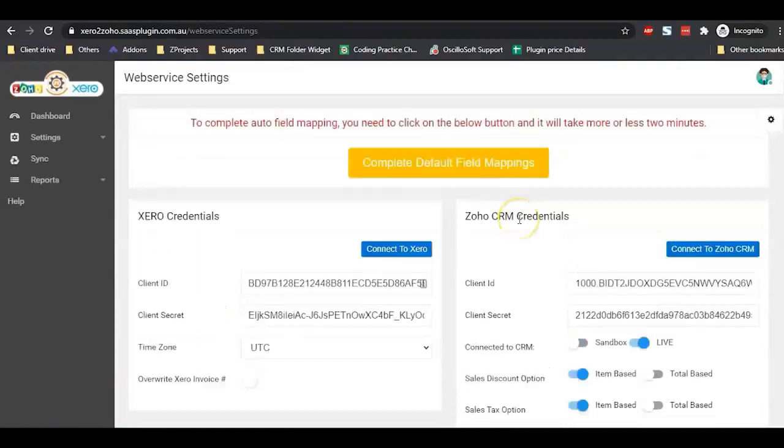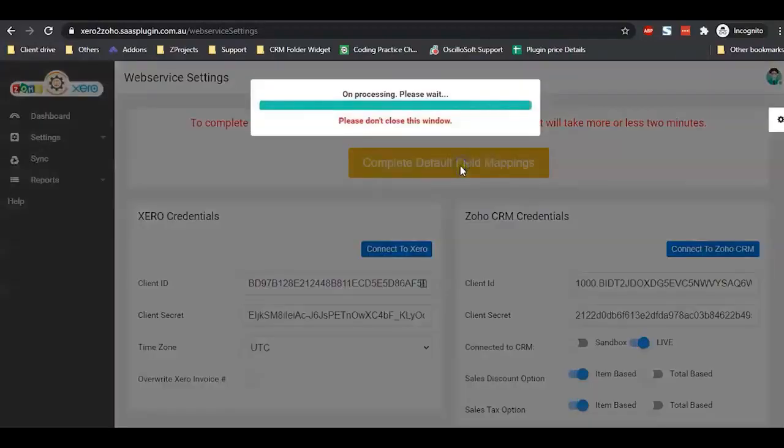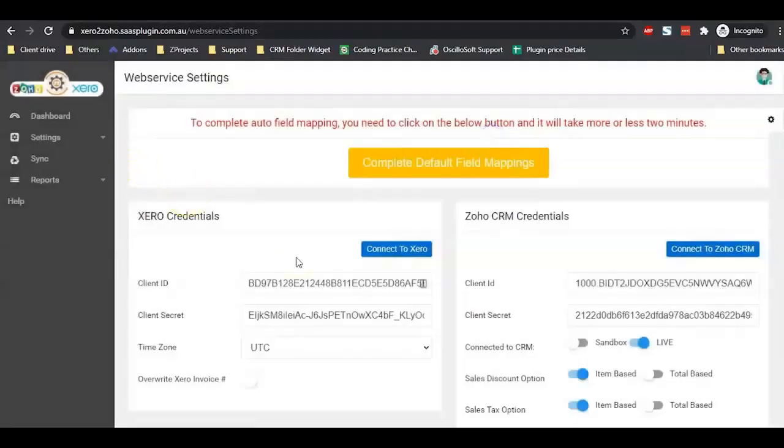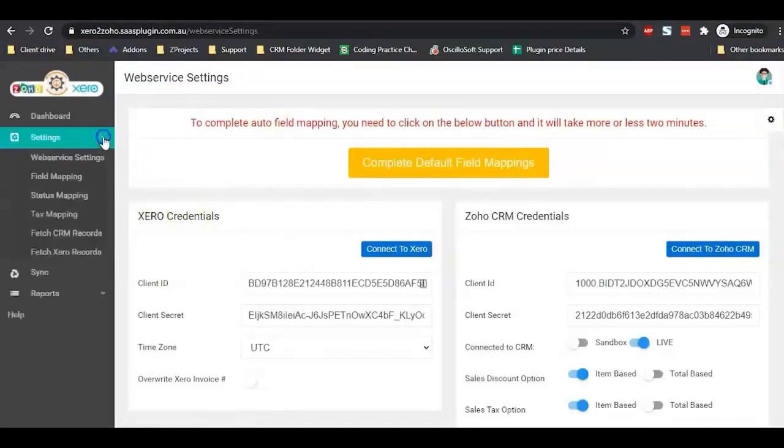Now you have to map your Zoho CRM and Xero data. Just click on complete default field mapping. It will take a while. Close it. Your field mapping is done, but there are still a few fields that need to be mapped manually. Go to your field mapping section,